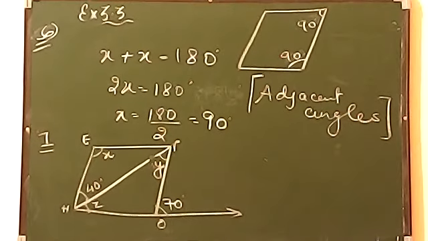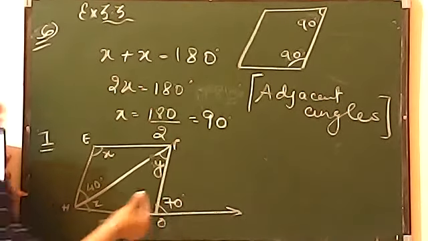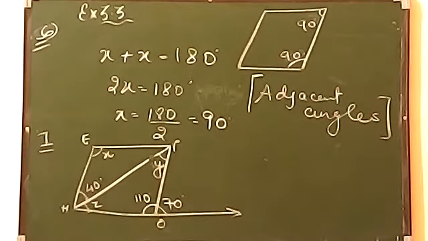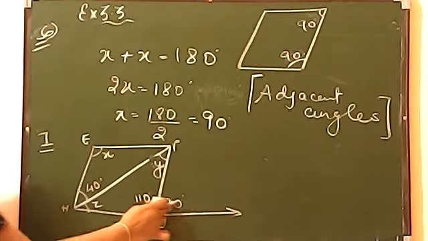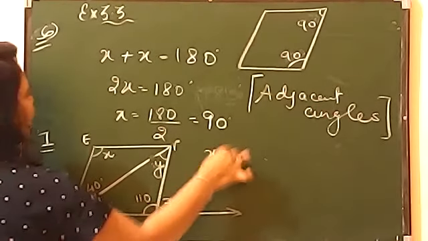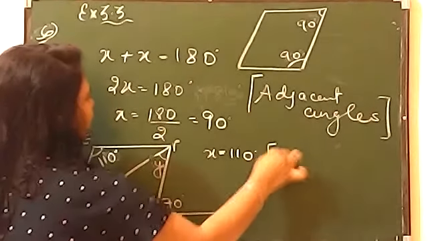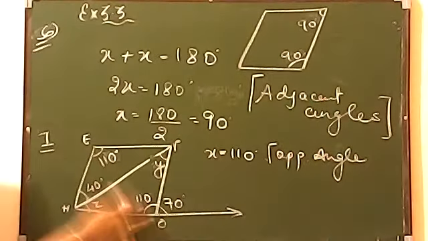Now let us find out one by one. We have already done this type of question, beta. This is a parallelogram given over here. It's a very easy question again. If this is 70, it will give you 110 using the property of linear pair. So if this is 70, this is 110, and if this is 110, x will also be 110 only. The reason is opposite angles are always equal. So this is just about opposite angles.